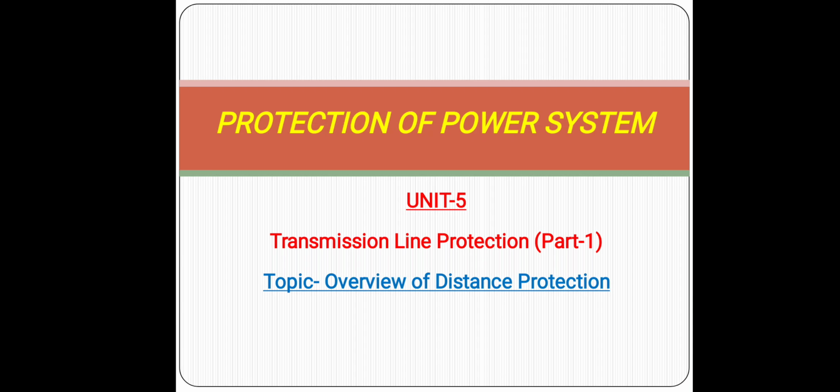Under this section, first we need to know the main requirements of line protection. When a short circuit occurs in our transmission line, the circuit breakers nearest to the fault should open and all other circuit breakers should remain in a closed position. This is one reason we use protection of the transmission line.